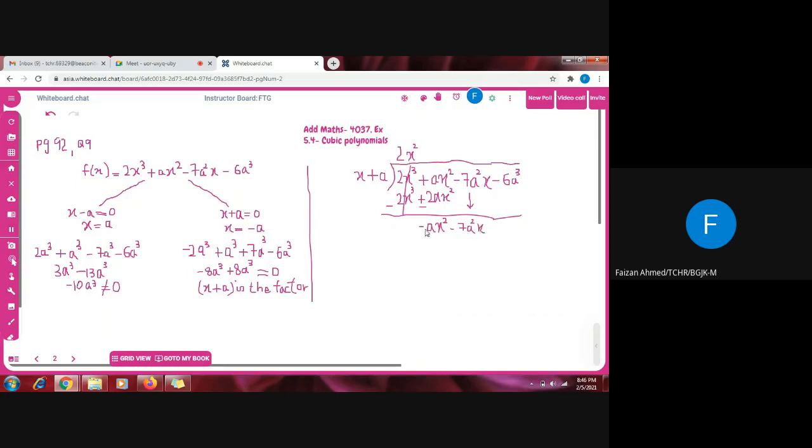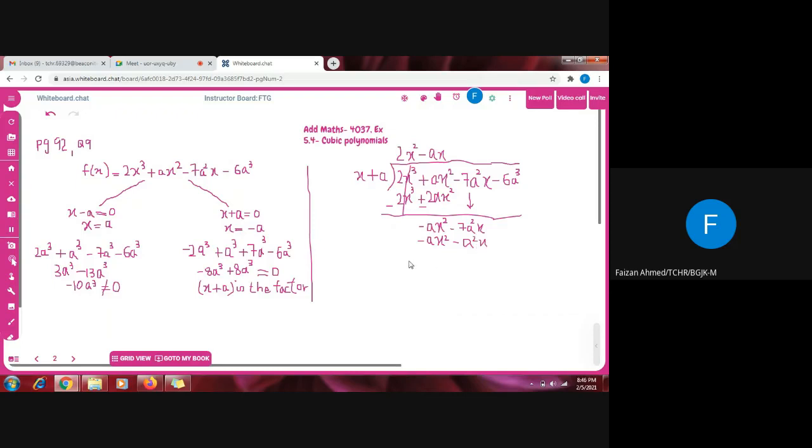And now I will again start. Now I have minus ax square and this is a. So since there is minus, so I have to put a minus as well. And there are 2x over here and there is 1x. So a is also missing. So I will multiply it with ax. When it will be multiplied with minus ax, it will become minus ax square. And when minus ax will be multiplied with plus a, minus plus minus, and this will be a square x.